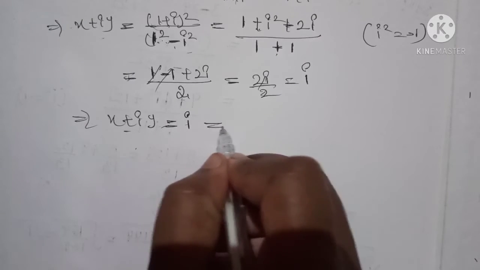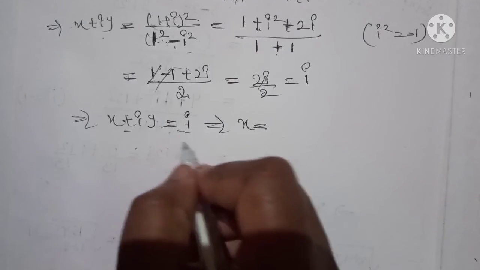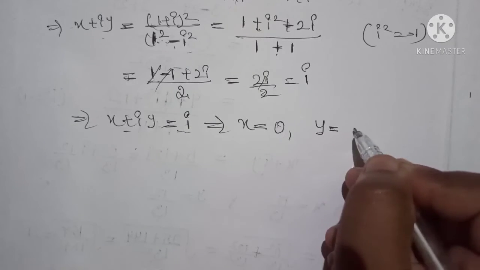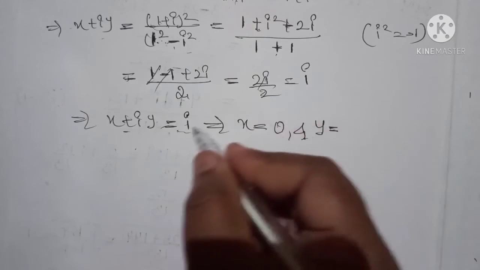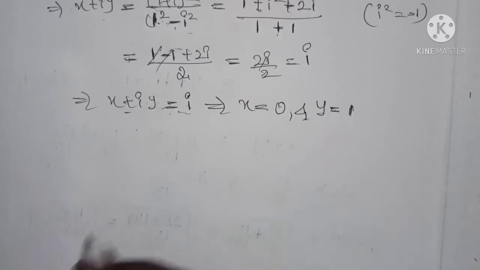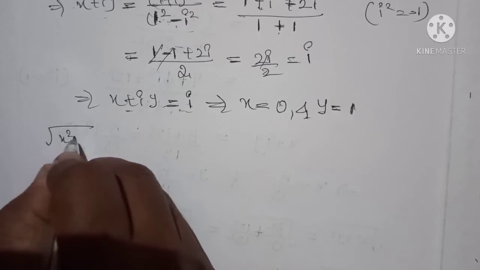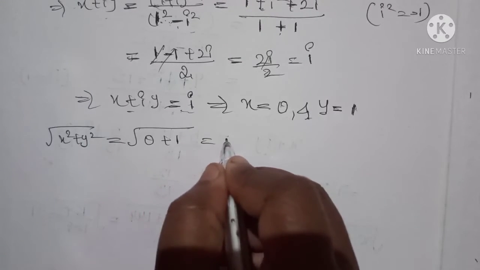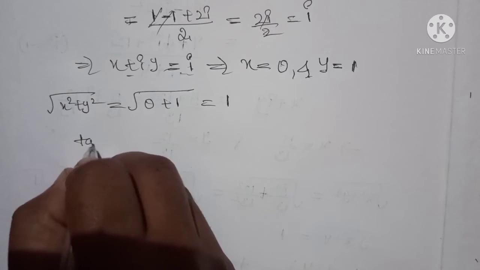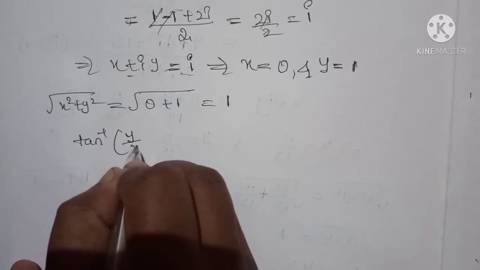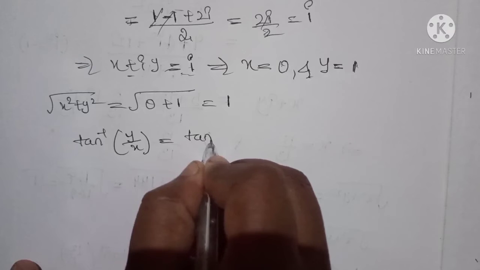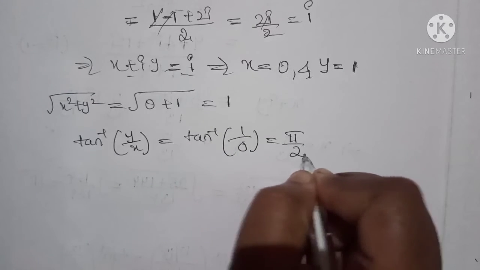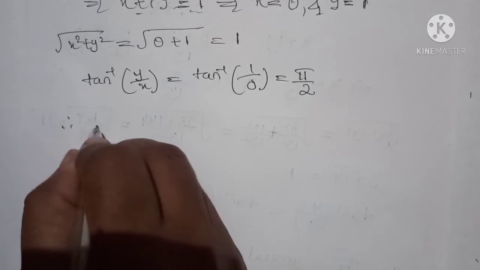Which implies that here the real part is absent, which is equal to 0, and the imaginary part is the coefficient of I, which is 1. Therefore square root of x square plus y square is equal to 0 plus 1, which is equal to 1, and tan inverse of y by x is equal to tan inverse of 1 by 0, which equals pi by 2. Therefore the general value